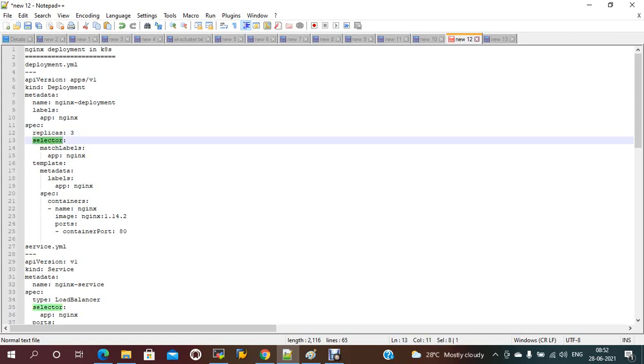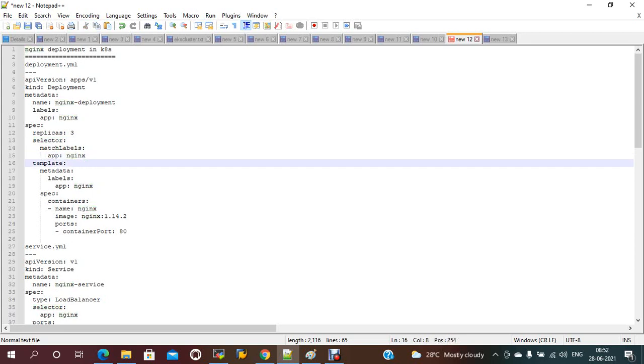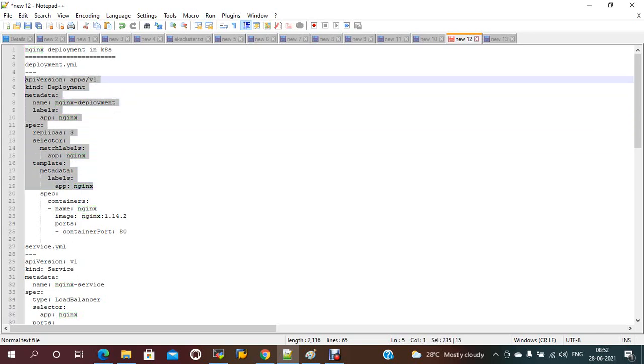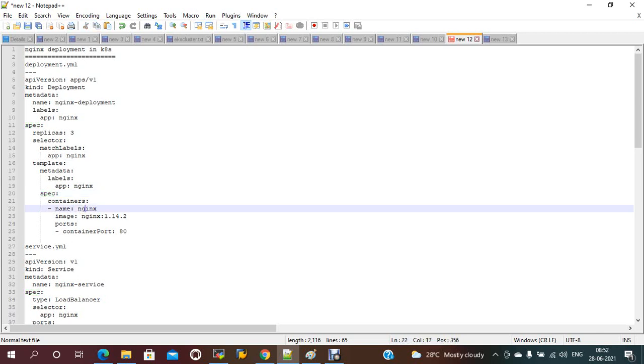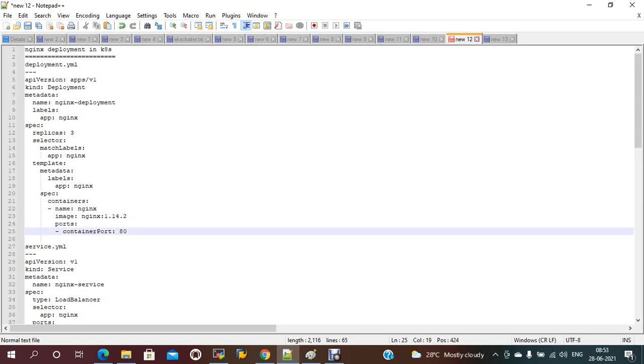Then the selector, which will have matchLabels, and the name should be nginx. In the template we will reuse the metadata, and the app name will be nginx. Then in the container we have the name and image name, the container name, this is the image, and the port number, this is port 80.